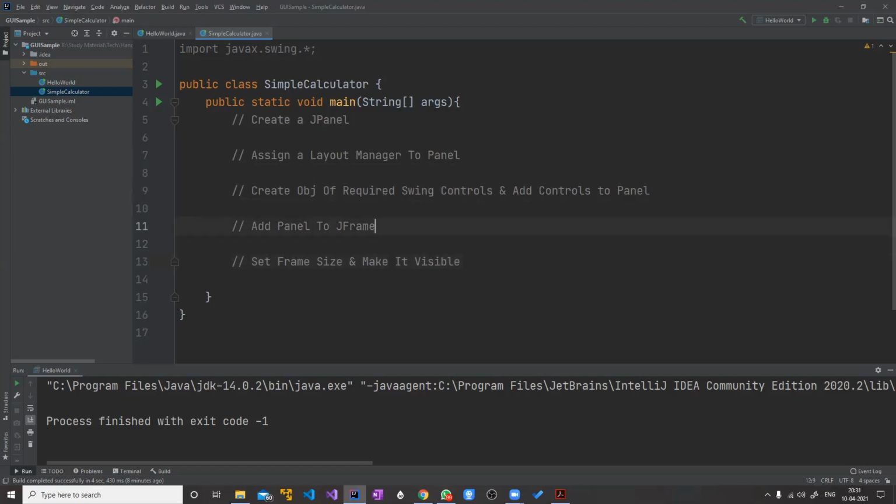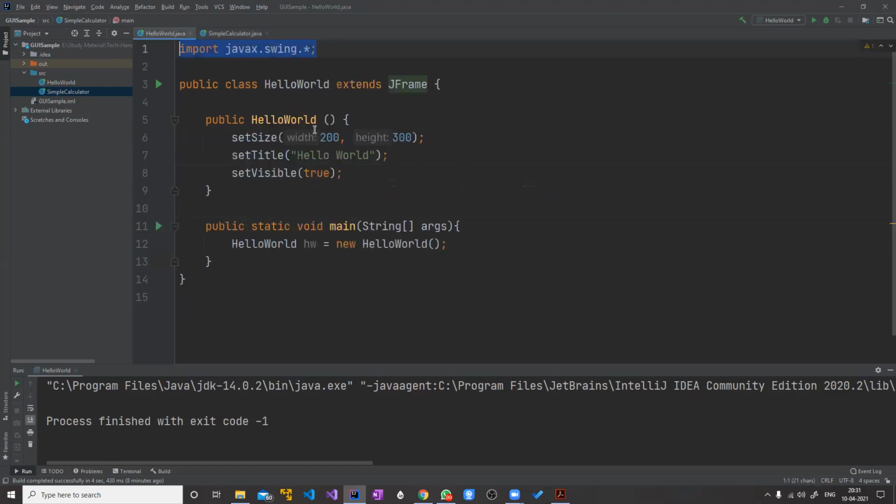See, we have already created a program without doing all these things. This hello world, without doing all this. In that, our class actually extended JFrame directly, and it had a main function. When we executed it, the constructor was called, and in the constructor we did the last step, that is, set size, title, and visible.